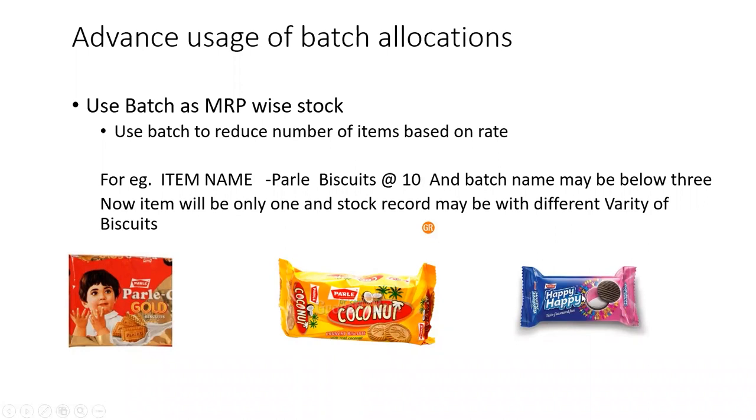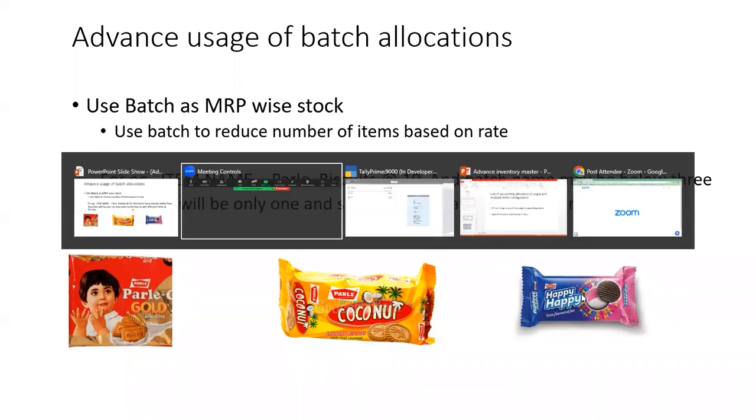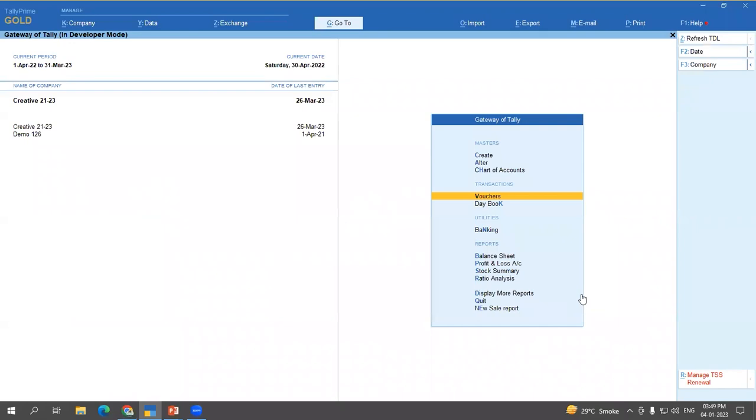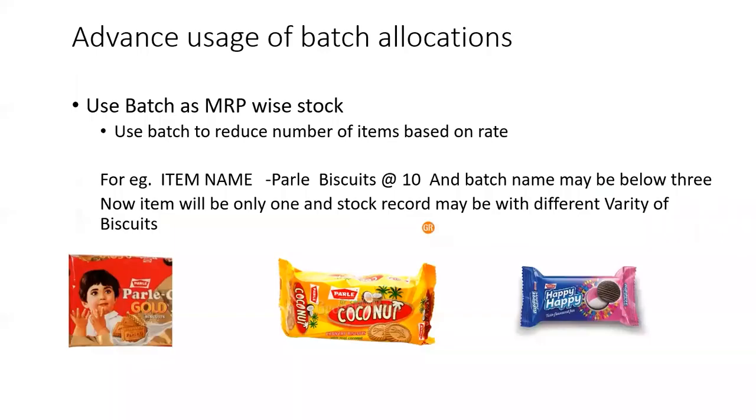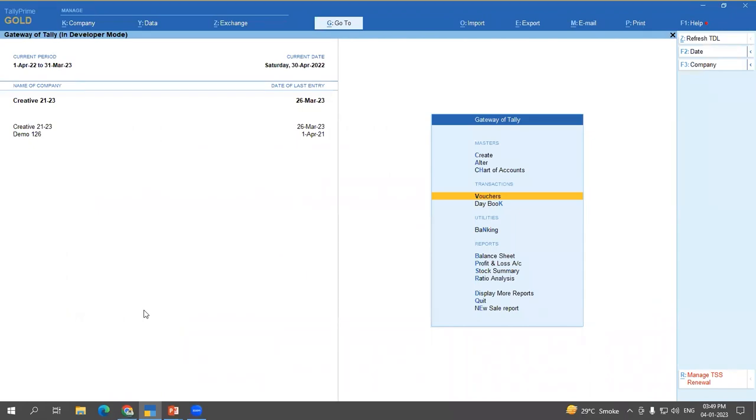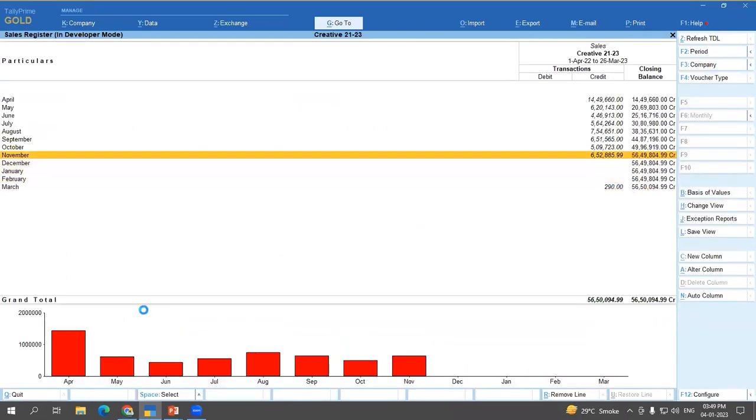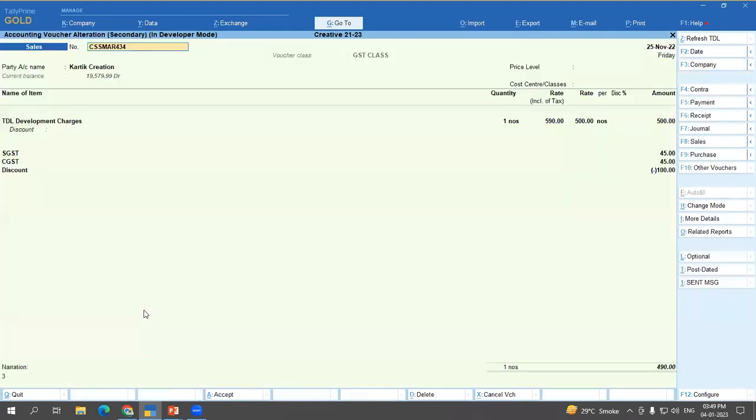And one important note I am sharing here: each batch is unique for that item. Means, suppose Parle G Gold is created for Parle biscuits at 10 rupees. Then that Parle G Gold batch is not visible for Parle biscuits at the rate 20 rupees. Okay, so here I'm just showing some sale bills. So to save my time,